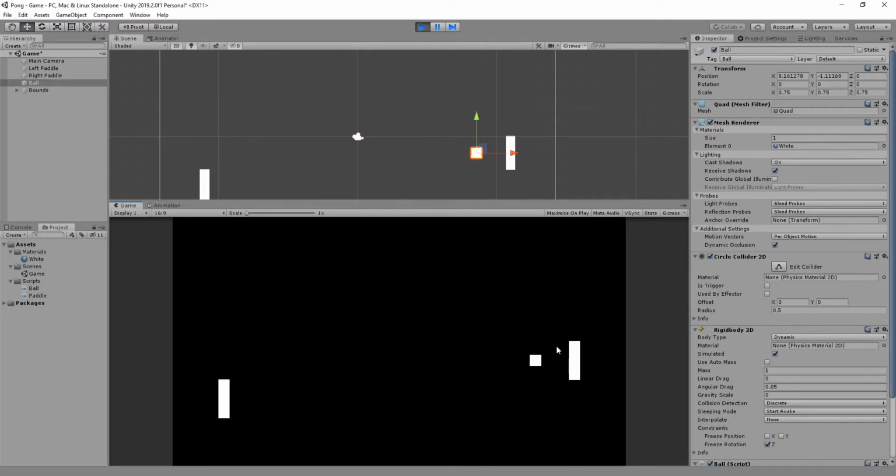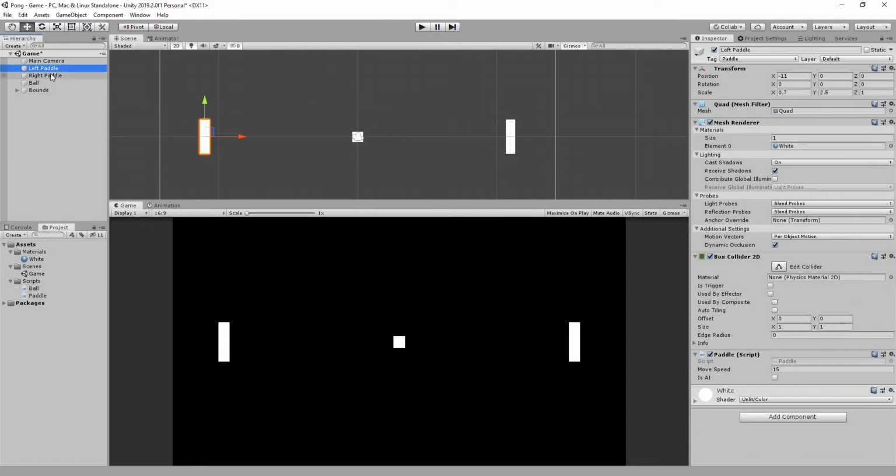And it looks like we could still move fast enough, at least to catch up to the ball, and this is probably going to be an impossible game to beat. So I'm going to lower down our paddle's speed. And actually, before we do that, to make this a lot easier on ourselves, I'm just going to prefab